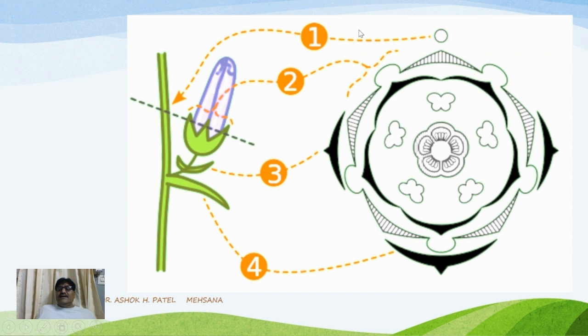And all the parts of the flower make up one floral diagram and floral formula also, and it is very useful for the identification of plants and also for the study of plants, and useful in the practical